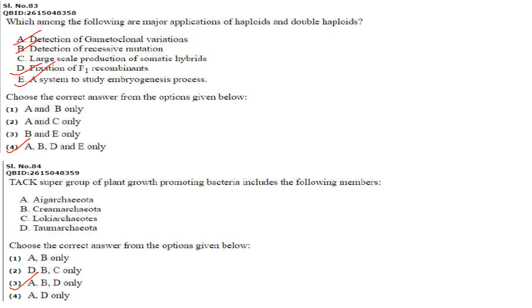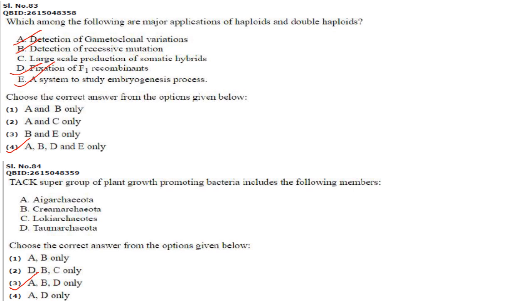Next one. Which of the following are major applications of haploids and double haploids? Detection of gametoclonal variation, yes. Detection of recessive mutations, yes. Large scale production of somatic hybrids. No. Fixation of F1 recombinants. Yes, that is correct. A system to study embryogenesis process. That is also correct. So A, B, D, E are the answer. Answer is option